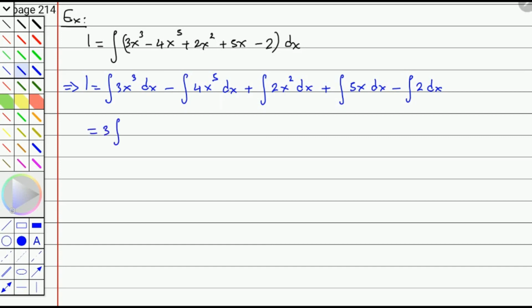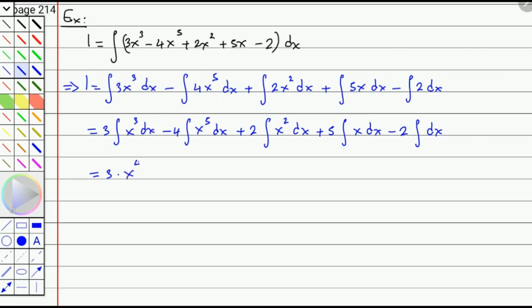Equals 3 times the integral of x cubed dx minus 4 integral x to the 5th dx plus 2 integral x squared dx plus 5 integral x dx minus 2 integral dx. So now all we have to do is execute the power rule. The only difference is that this last one is integral of dx, so this will give us